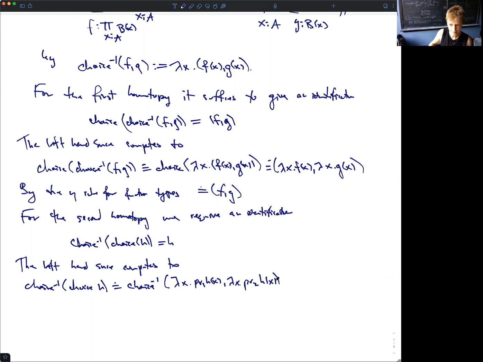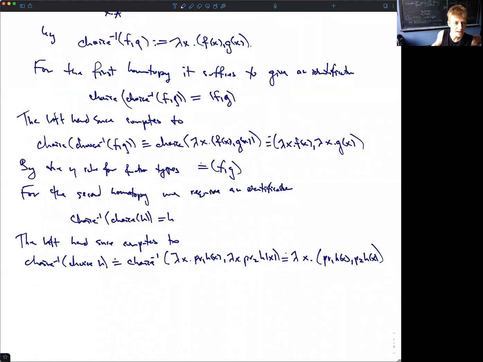The choice inverse function then sent this to lambda x, pairing together the projections PR1 of H of x, PR2 of H of x. This is related to the question that Astra asked me a little while ago. Because we don't have an eta rule for sigma types, we do not have a definitional equality. A generic term of a sigma type need not be a pair. So we do not have a definitional equality relating